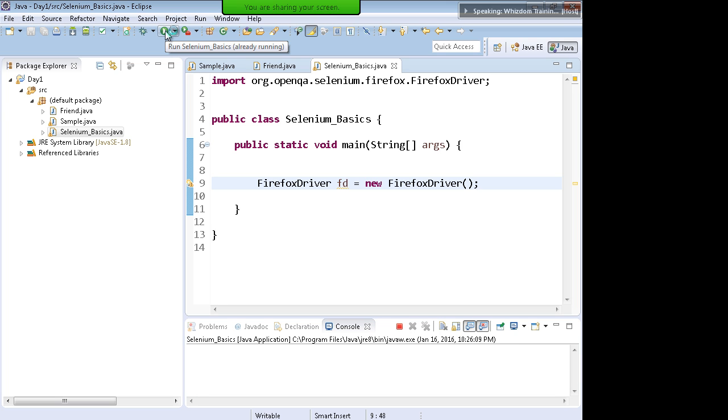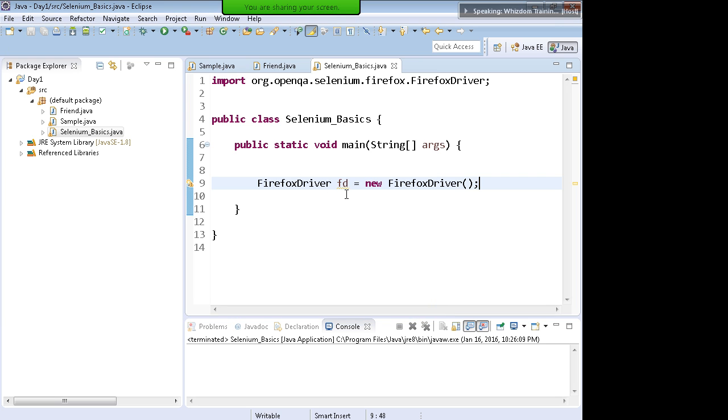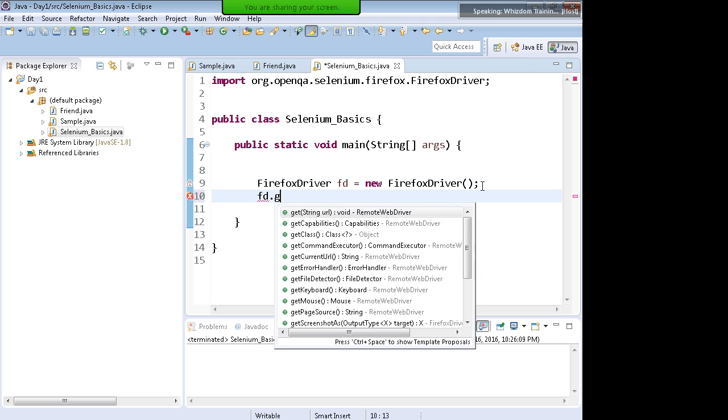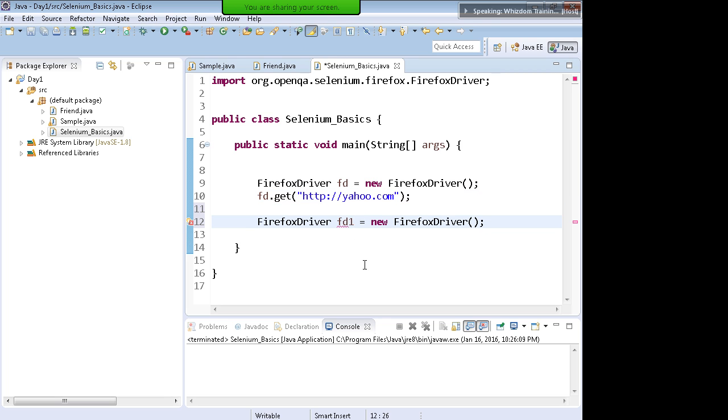When you run this, you will see Firefox opening up. As I told you earlier as well, with this object you can fire many functions on Firefox browser. This is the reference to Firefox driver. I can write fd.get. Get is one of the functions. Get to which URL? Say http yahoo.com. If I want to open another Firefox driver, I can create another object, fd1, and fd1 dot get to